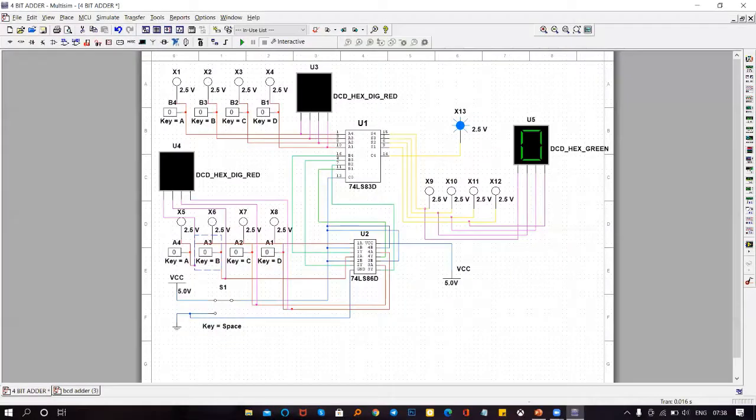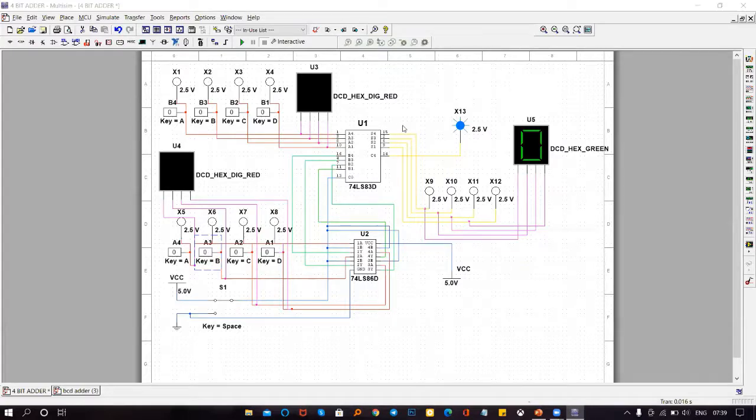Let's see them in detail in Multisim software. This is the circuit diagram for a 4-bit binary adder and subtractor. Here we have 4 inputs A and 4 inputs B, which are connected to IC7483 and IC7486.